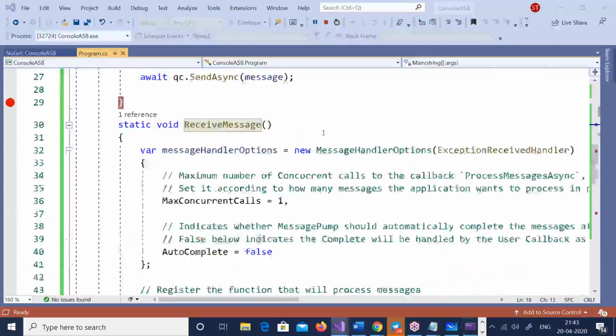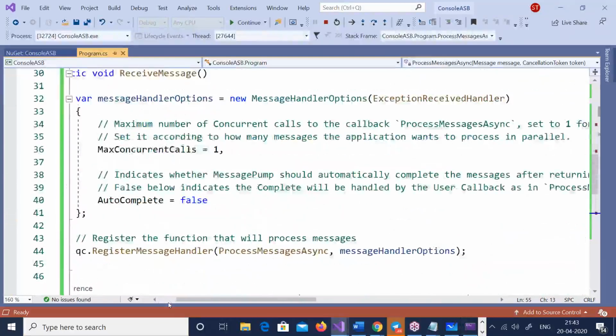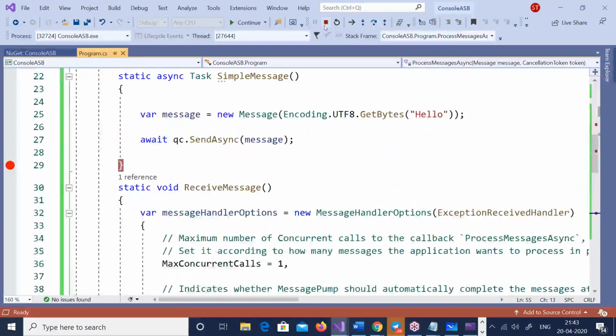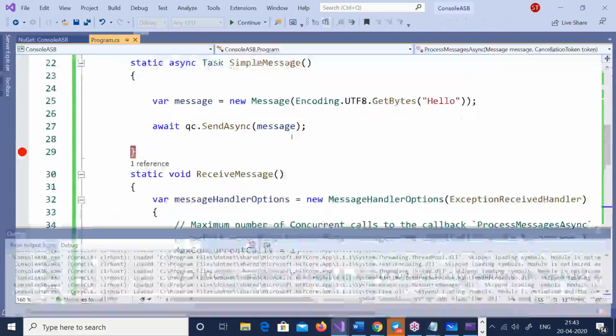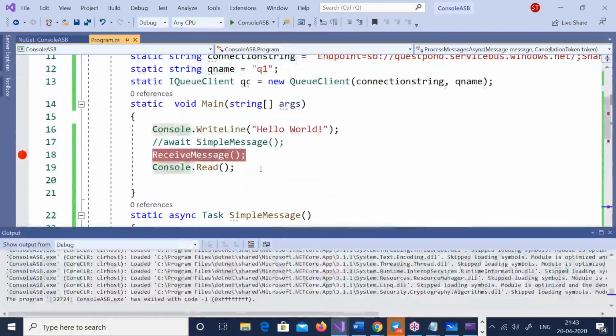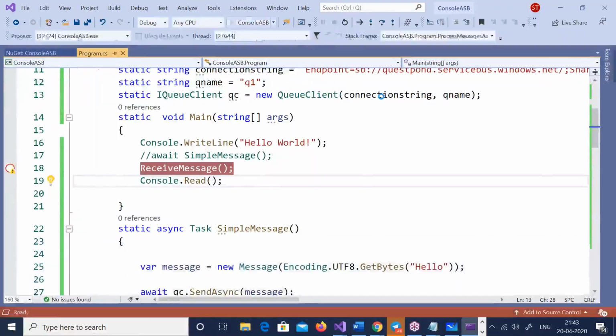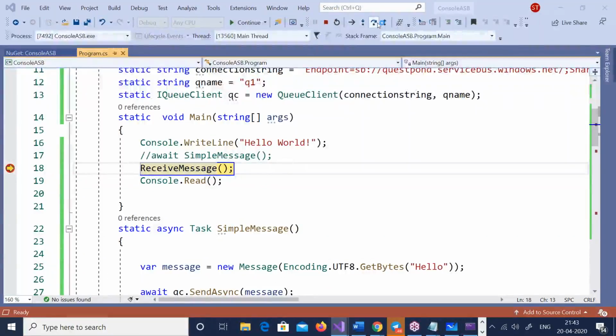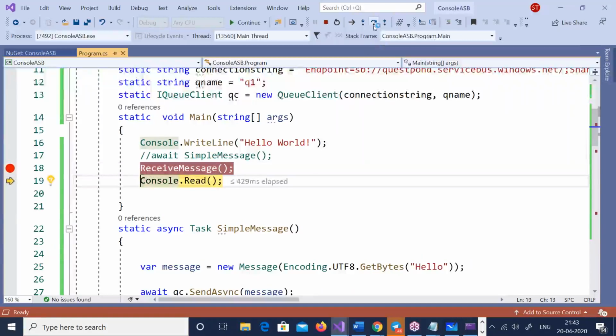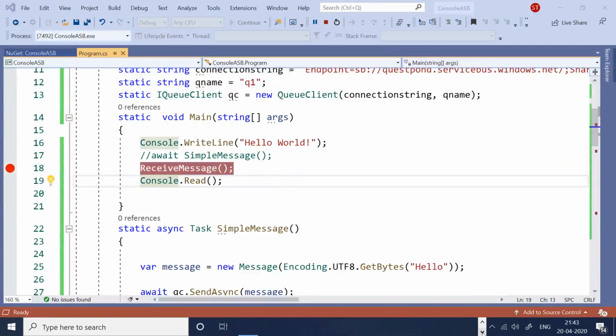Oh, you know what? All is asynchronous, right? So if it is asynchronous, I should make the application wait. So that code is already there. We should wait for some time for the message to be read. So you can see here,